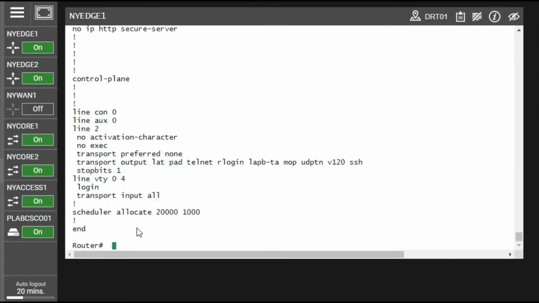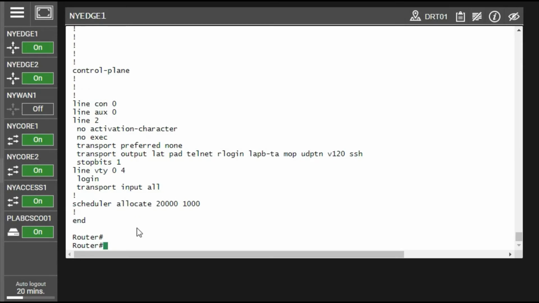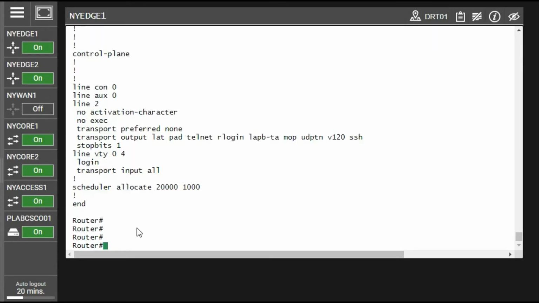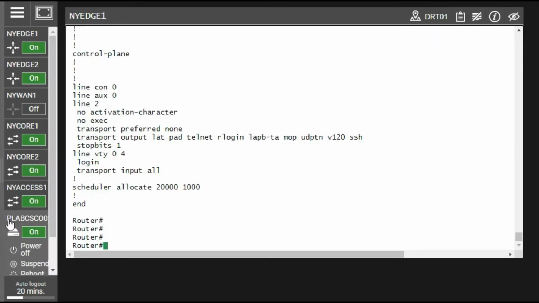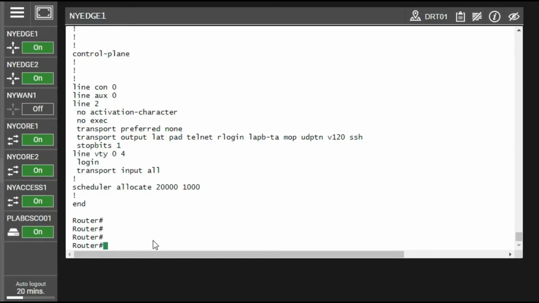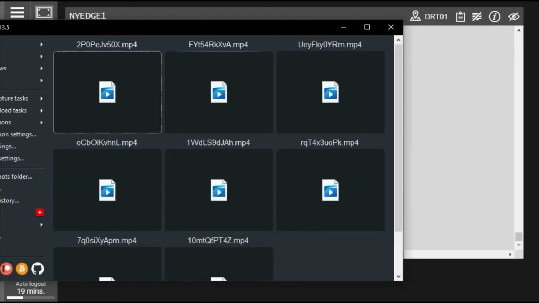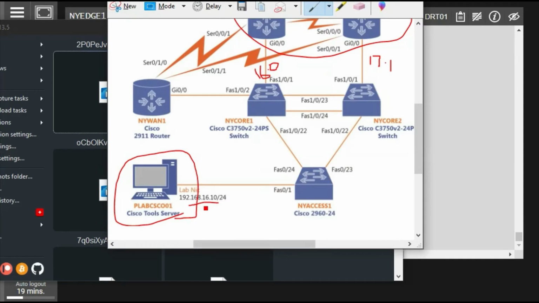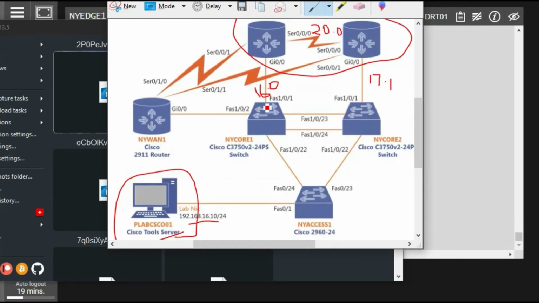Before going further, first we have to keep one interface up so that it can communicate with this PC. So config T, make that interface up which cable is connected to that PC. So that is interface gig 0/0. It should be up, and it must have one IP address so that communication can be established.